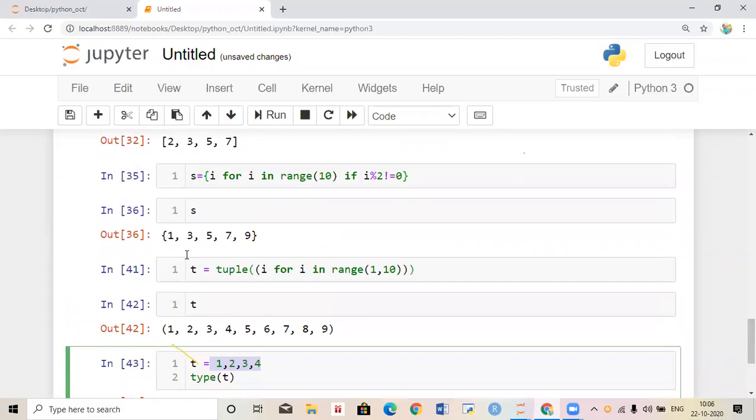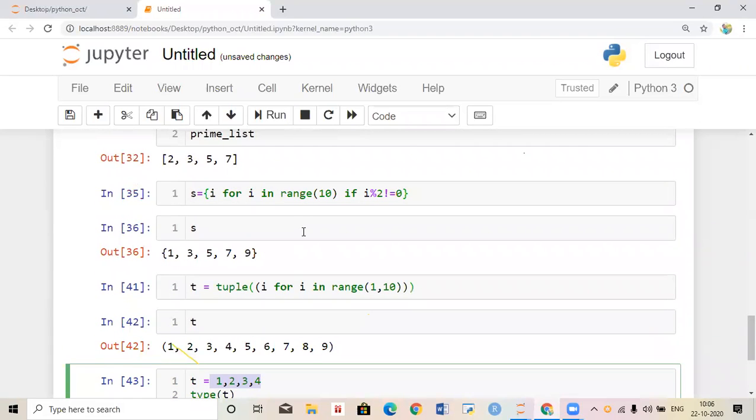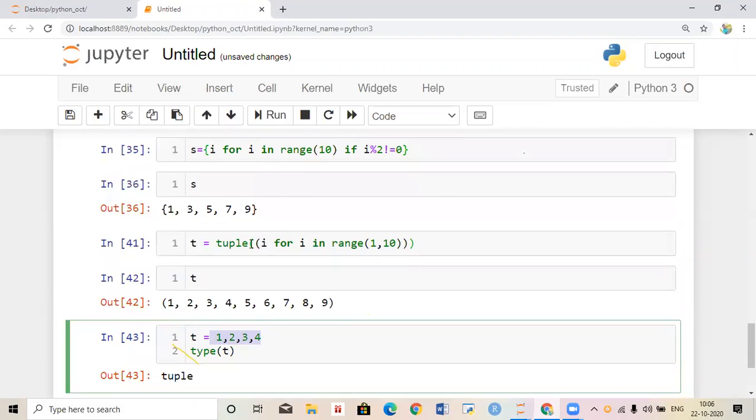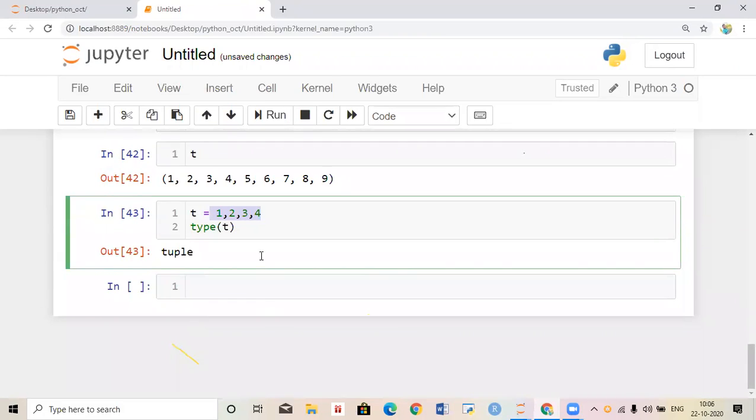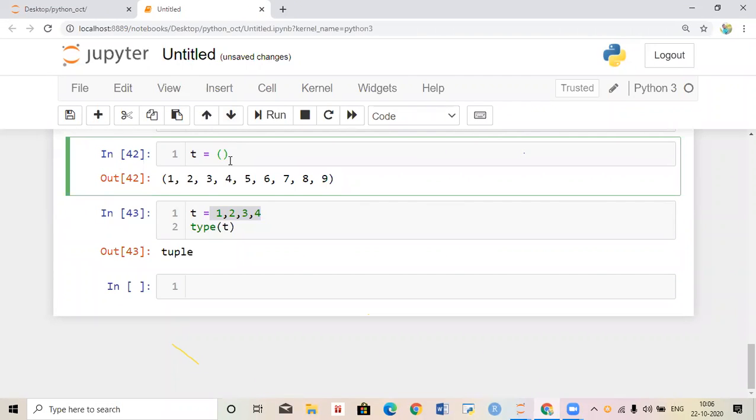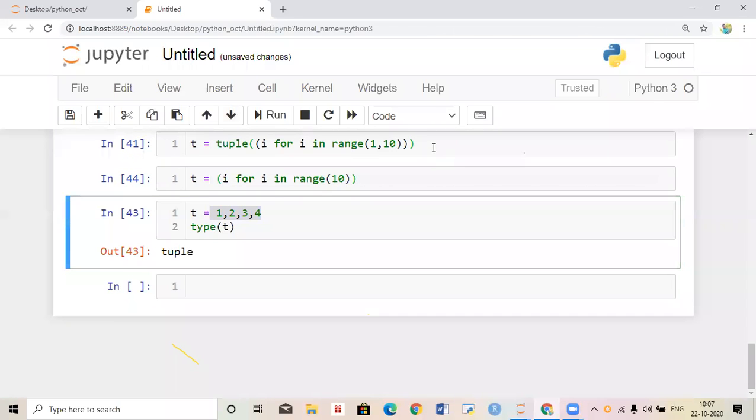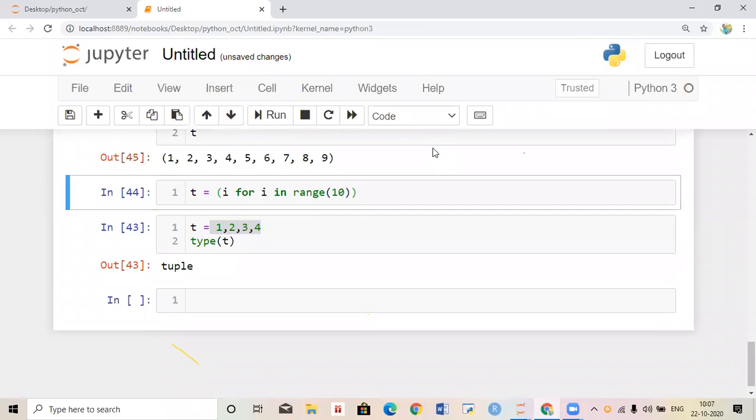We are using it like this also, but it will generate. We directly take t equals like this. Previously we were taking a list, anything, for i in range of 10. Just run this one, and when we call t, it will print like this.